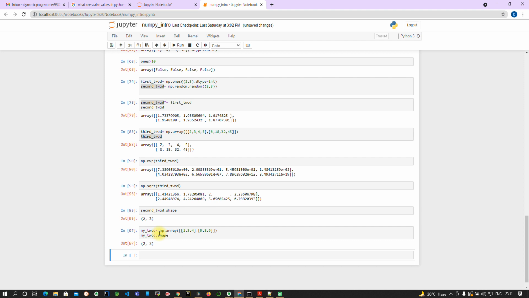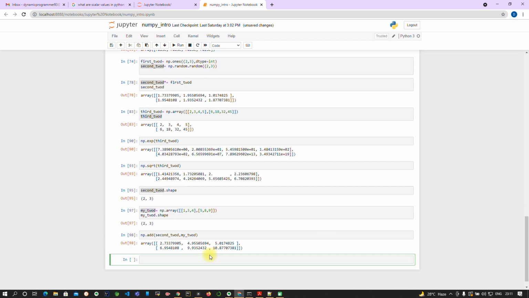You should keep in mind that whenever you are using the add function, both arrays should have the same shape. Okay, so now we can use np.add. Now I can see it is giving the actual result, because both arrays have the same shape. And we have other functions like numpy.all, which I will also show you. Basically, numpy.all tests whether all array elements along a given axis evaluate to true or not.